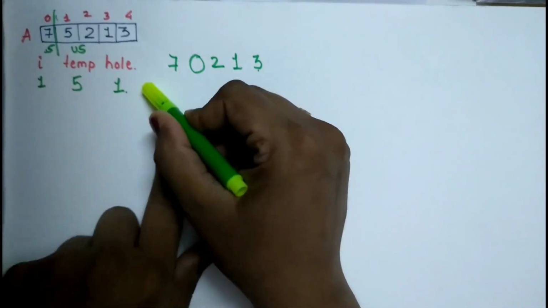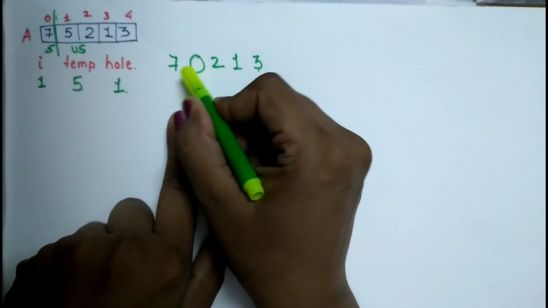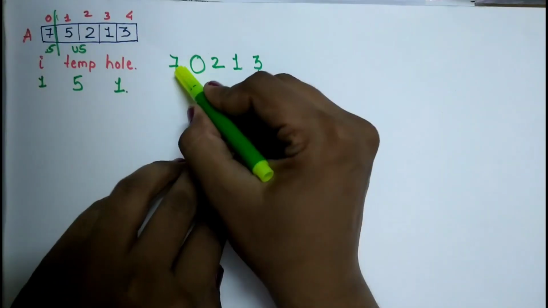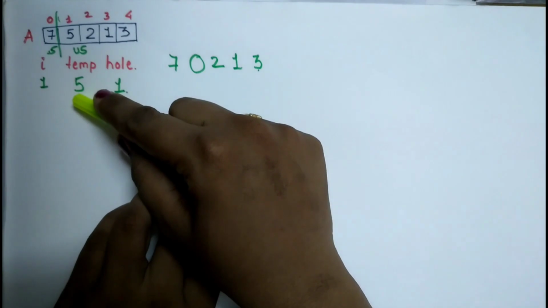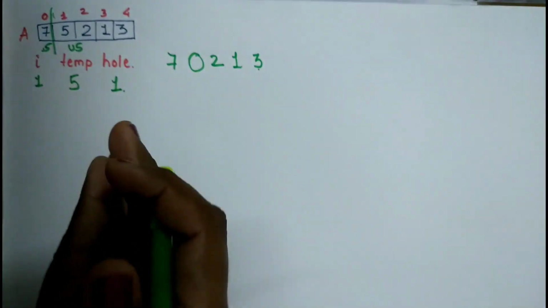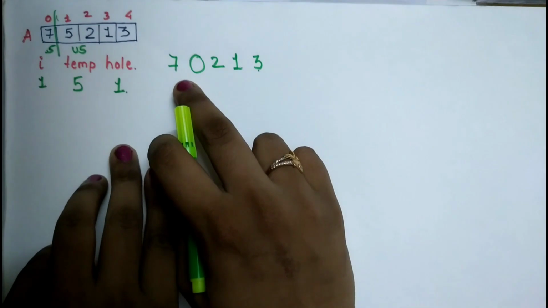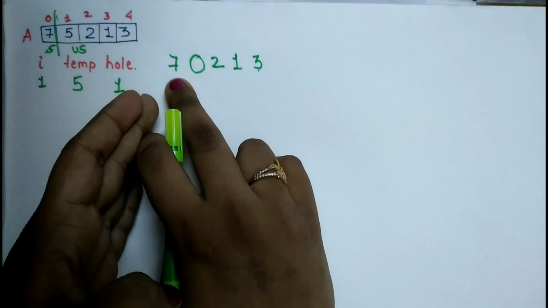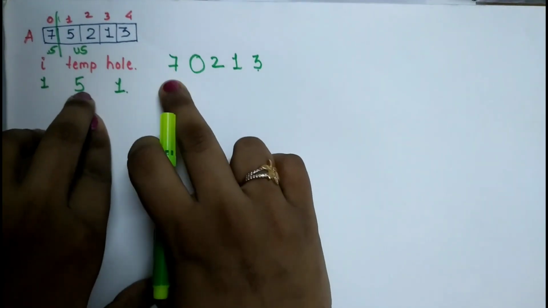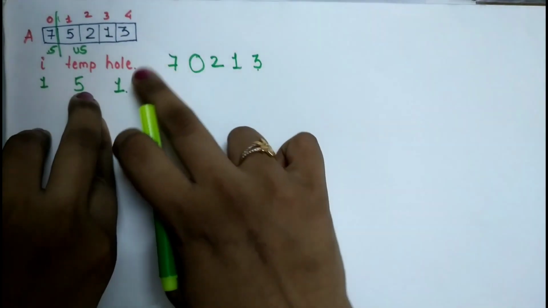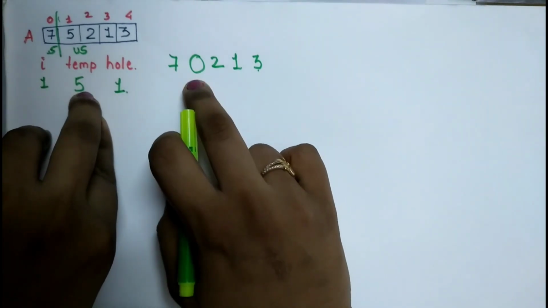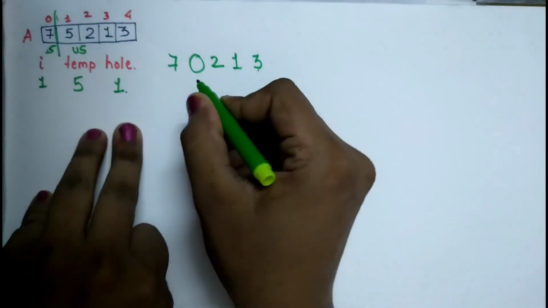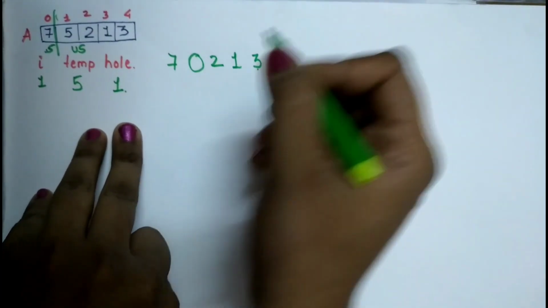Now I'll go backward, from the hole to the previous location, one by one in reverse order, and find which element is greater than the value inside the temporary, that is the particular element I'm using from the unsorted array. I need to move those elements which are greater than my particular element one step forward, so that I'll create a hole at the place where I need to place my 5. I think that will be better understood when I draw it or show it in this work.